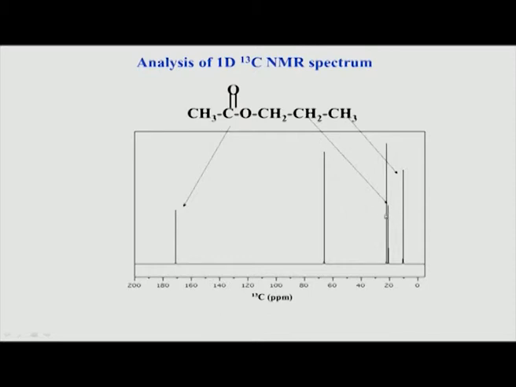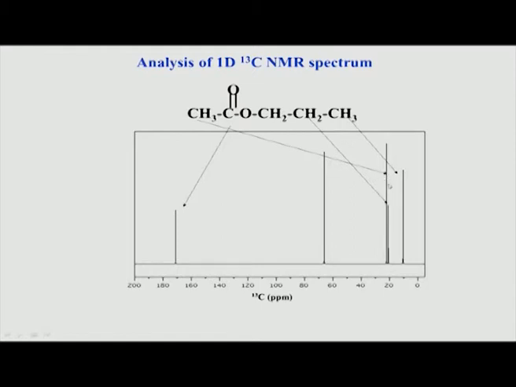So, obviously, it is not straightforward to find out whether this tall peak corresponds to this carbon or this tall peak corresponds to this carbon. For that, we will have to go to 2D NMR, which we will see later, that is where 2D NMR helps us, but right now we will only look at 1D. So, now based on these, we can say that one of them is this carbon and the other one is this carbon. So, we will now tentatively assign that these two are coming from those two carbons.